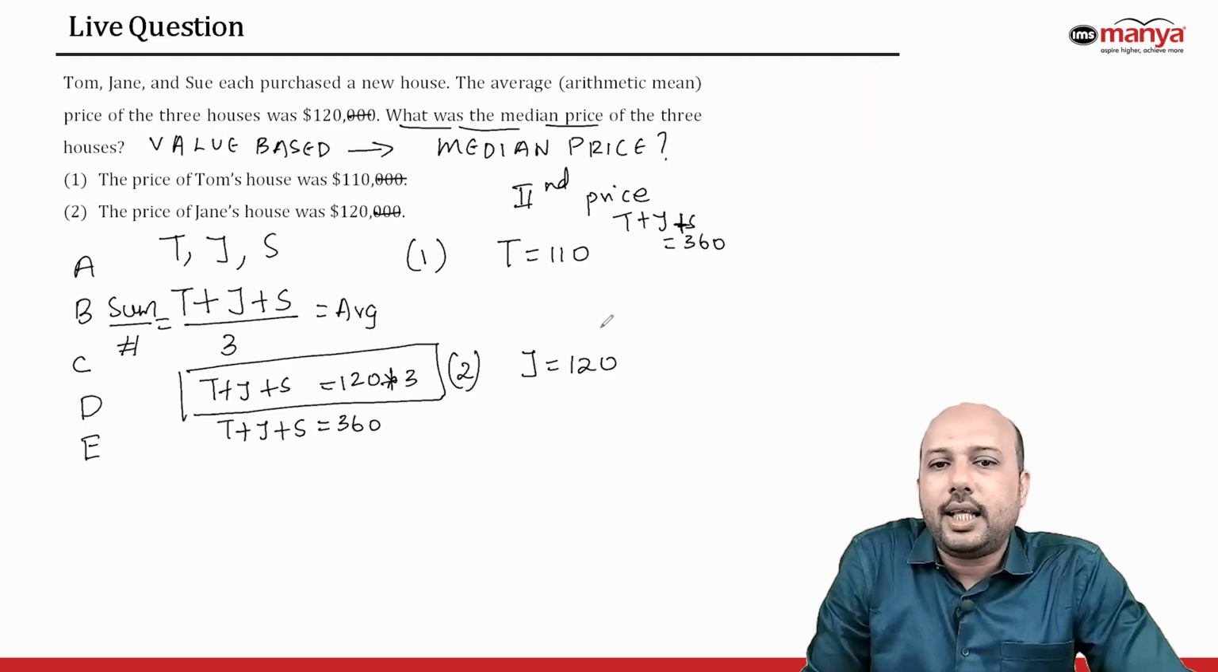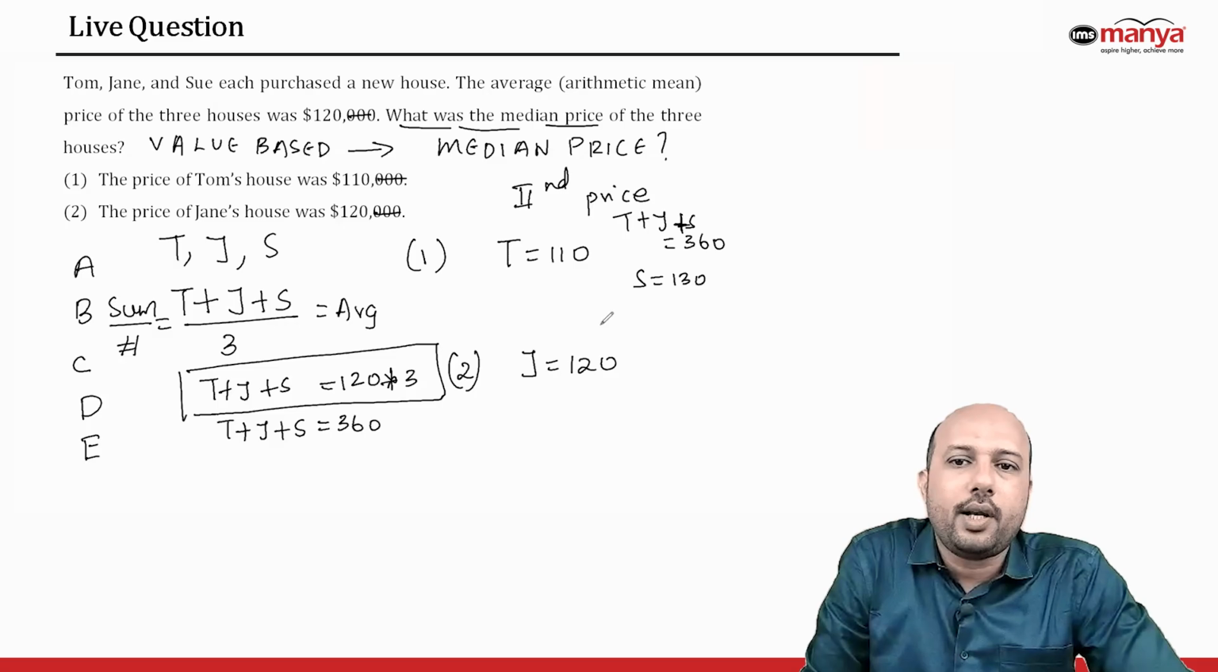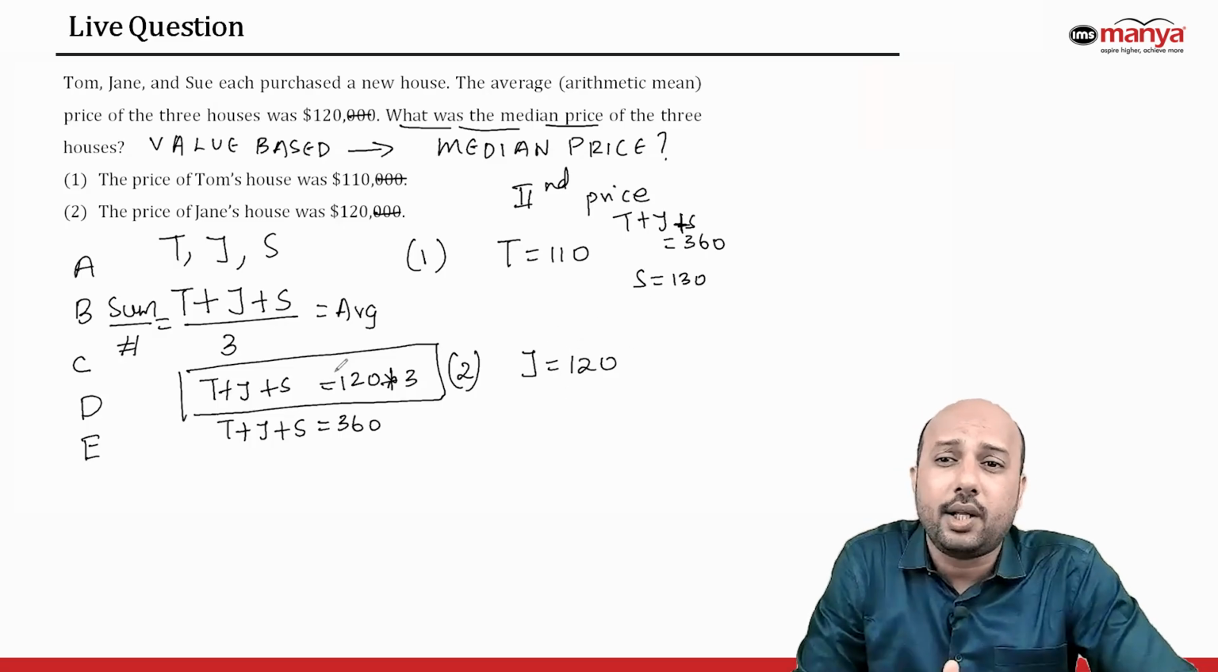So basically, if you substitute T as 110 and J as 120, S will be equal to 130. This is 110 plus 120, 230. Subtracting 230 from 360, you get the S value as 130. Now arranging this, T is 110, J is 120, S is 130. 120 is the middle value, and we end up picking the answer as C,